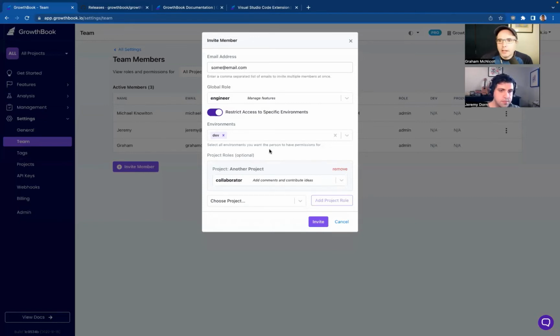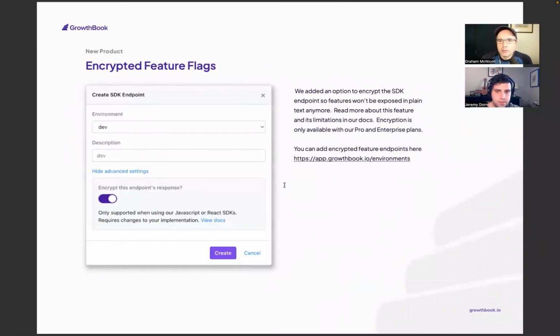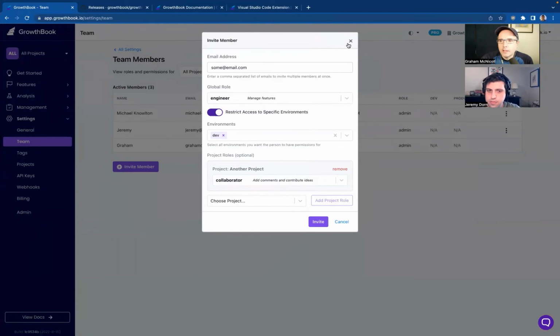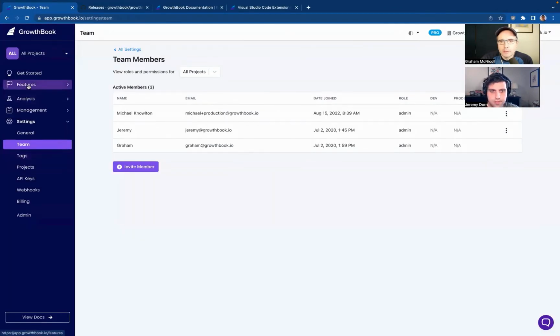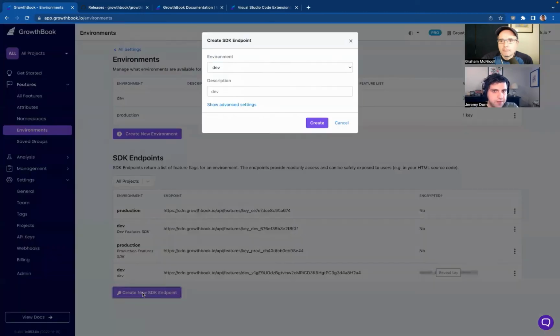Cool. All right. We also added encrypted feature flags. So if we talk about that a little bit, we have the API endpoints, or at least the environments, and now you have the option for some of these SDK endpoints to be encrypted, correct? Yeah. So the idea is if you have a front end application, like you're using our JavaScript SDK,